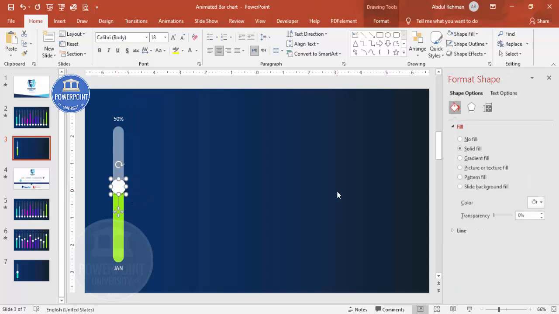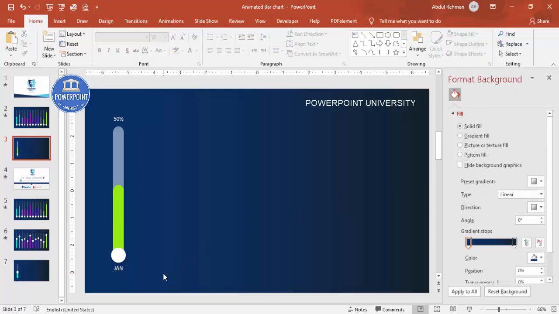Now what I'm going to do is select this one and bring it down here. Why? Because we have to do the animation. That's the reason I'm going to keep it here. So now depending on the requirement, you may want to make it for 12 months, 6 months, or 8 months. For that many months you can duplicate this one.